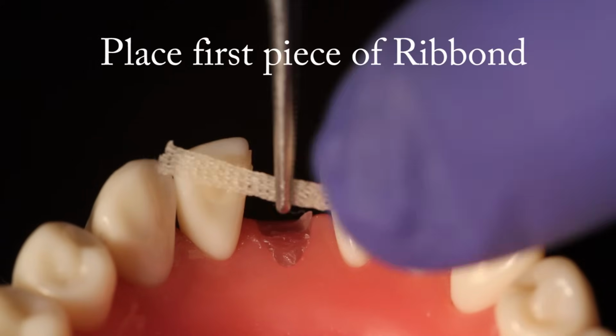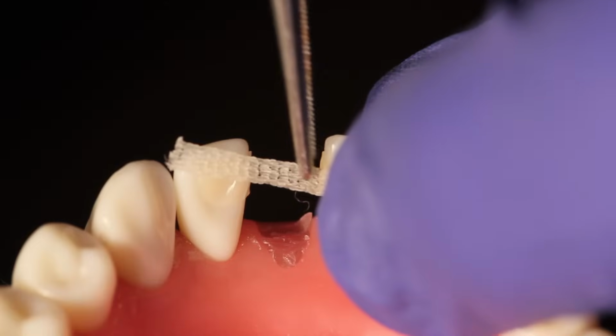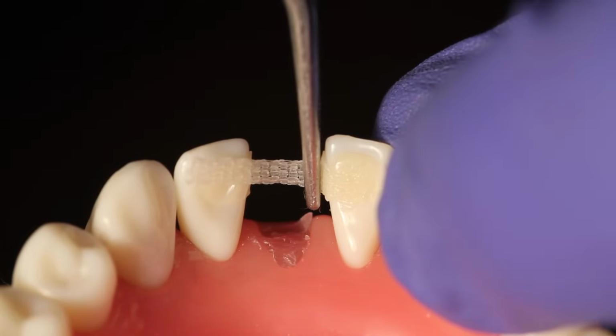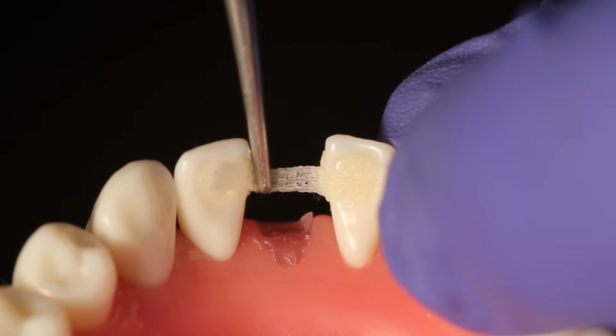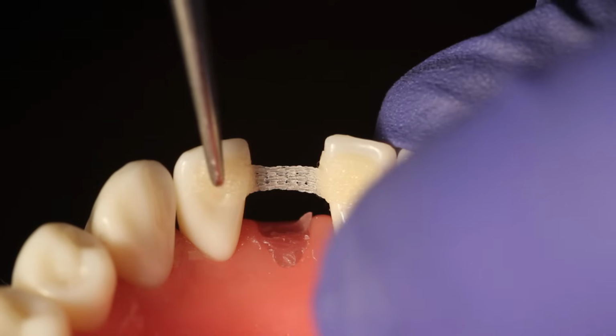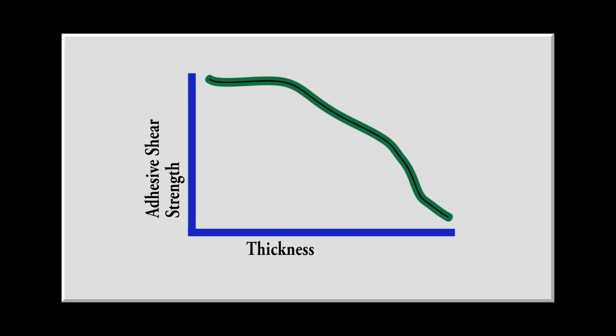Hold the wetted ribbon with cotton pliers, and starting at one end, press the ribbon into the composite resin that was previously applied to the teeth. Use your fingers or instruments to press the ribbon through the composite closely against the tooth surfaces. Remember, the thinner the bond line is, the better the results, so try to displace as much composite as possible. This will not only minimize bulk and aid in patient comfort, but it will also maximize the laminate effect and